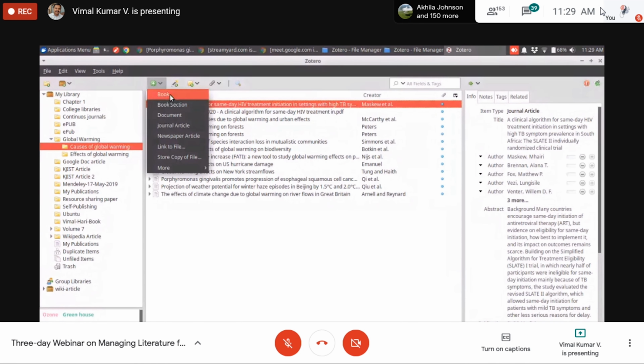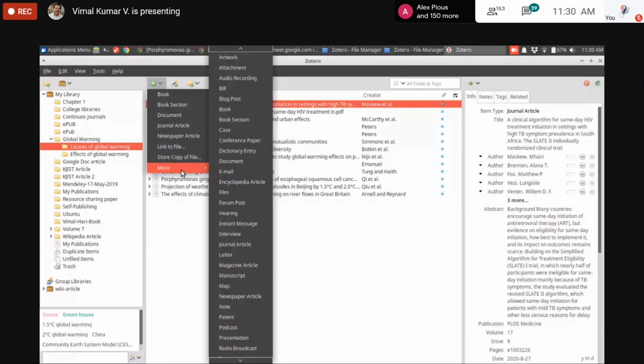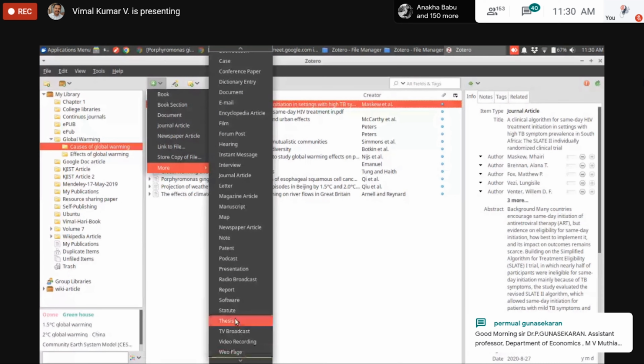To enter item details from scratch, first you have to select which item you are going to add. Here you can find book, document, journal article. If you want further, open the menu, click on more. See, these are the various item types available in Zotero.